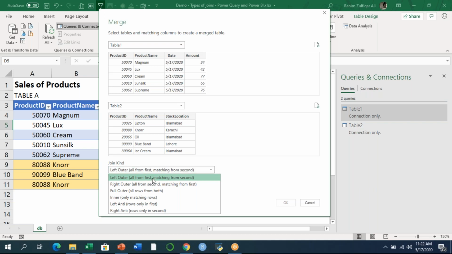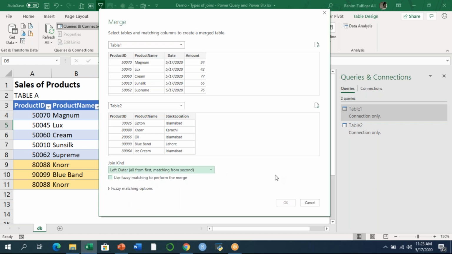So starting with the most primary and most common kind of join, which is called the left outer join, which takes all from the first and matching from the second, right? So I will click on this, and also I need to identify the primary key for matching between these two tables. As I know that the product ID is the most commonly available column between these two tables, I will just click